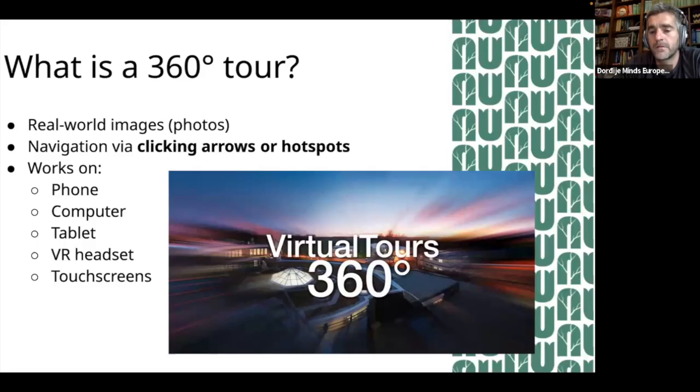yes, you can see a virtual tour on your phones, on your computers, on your tablets, on your VR headset. There are some headsets for virtual reality which are expensive, and in Chinese shops you can also buy some for 10 euros, which look like VR goggles, but you put your telephone inside and then open the 360 tour, and then you can see it as a VR.